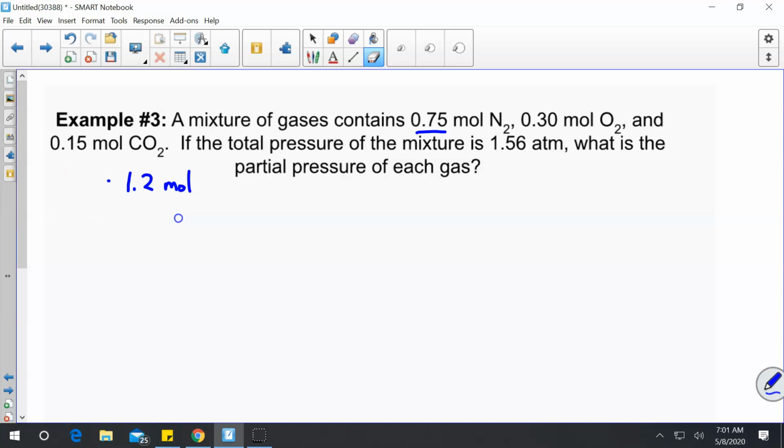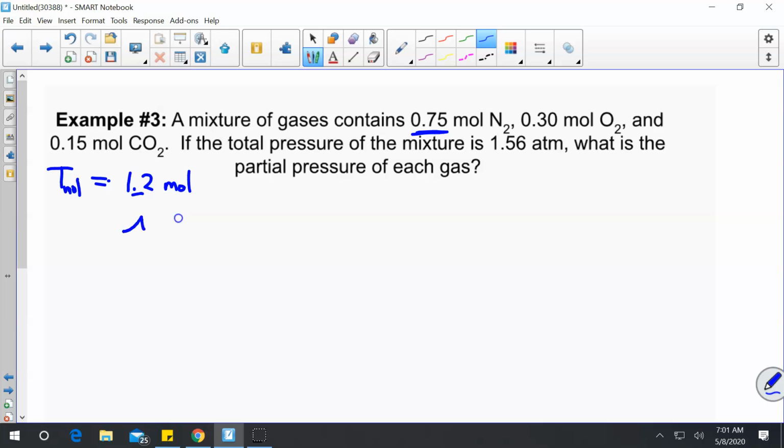I did that wrong. So if that's my total moles, whatever fraction nitrogen is of the total will tell me what